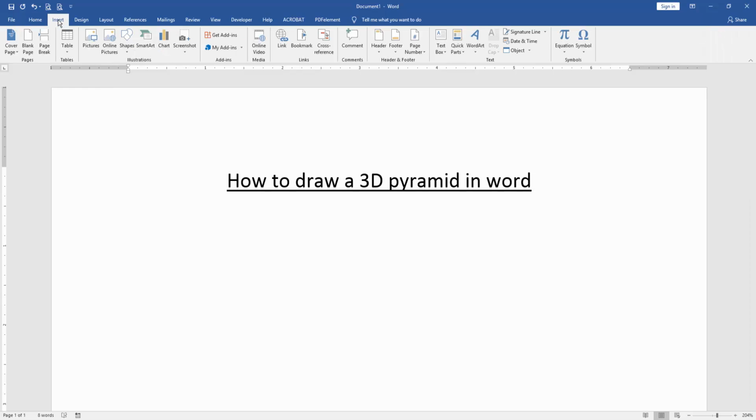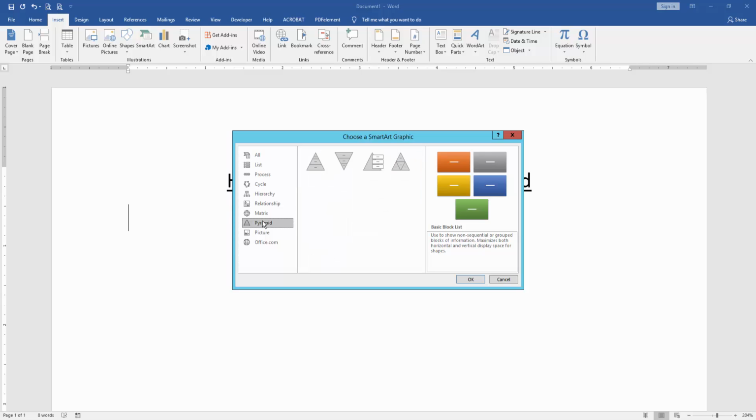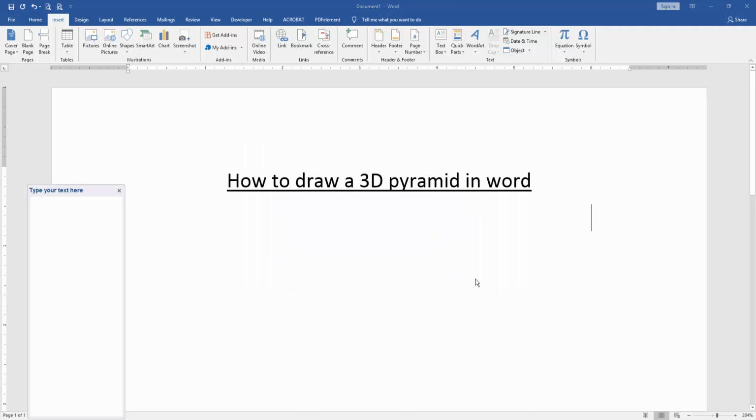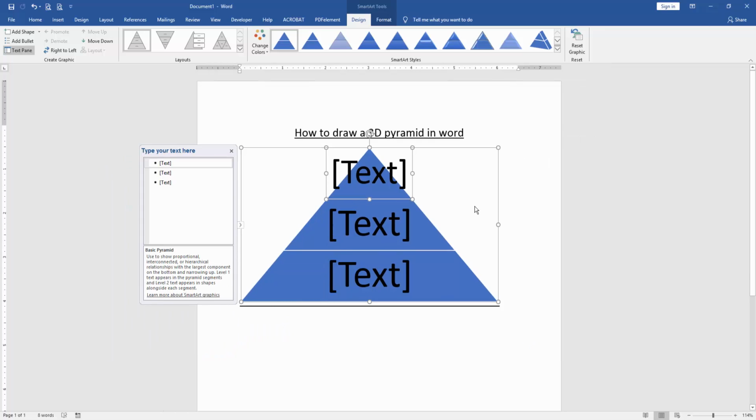Go to the Insert menu. Then click the SmartArt option and choose Pyramid. Then we can see many pyramids here. We choose a pyramid and press OK. Now we can see that we have inserted a pyramid, but this pyramid